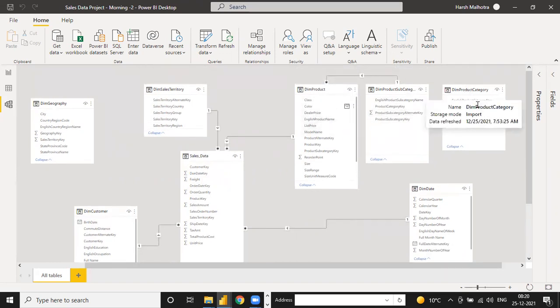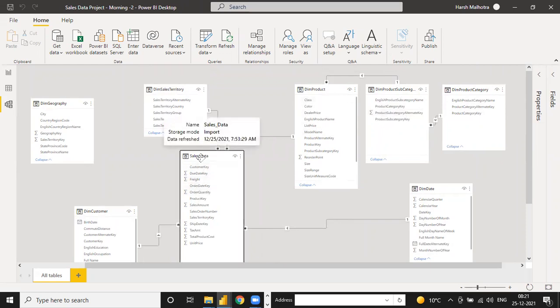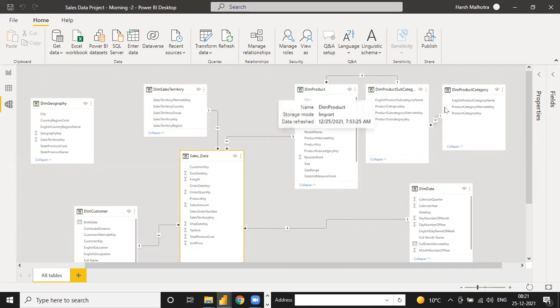So it means automatically, one by one, this table is connected with product category, and product to sales data. Under this sales data we have only the product key, not the product subcategory key or product category key. If you had the product subcategory key and product category key in the sales data also, then we could connect those tables directly to the fact table. Clear now?